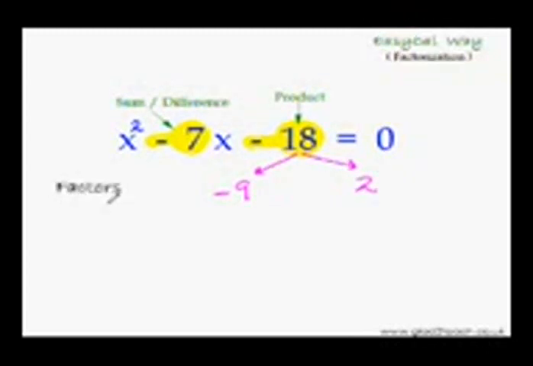And once we have the factors, then finding the roots, that is the solution of this quadratic equation, is very simple. All you have to do is make the signs of these factors opposite. That's it. Since this is minus 9, so the root will be plus 9, or you can write just 9. And since this is positive 2, so the second root will be, yes, negative 2. That's it. Question solved. These are the roots or the solution of this quadratic equation.